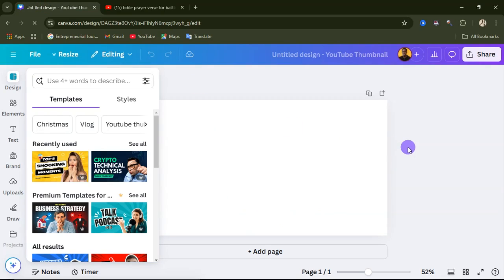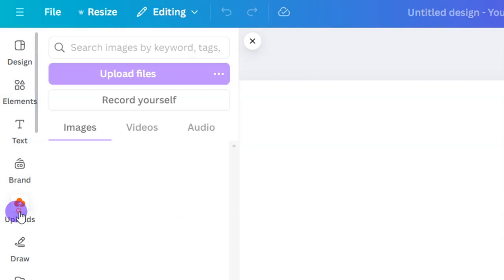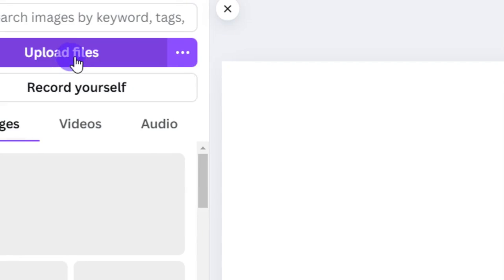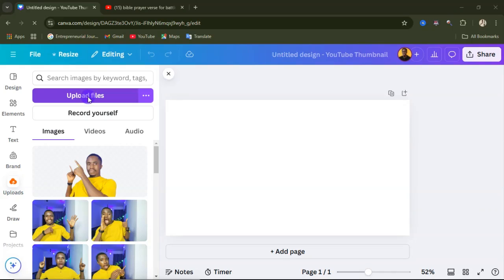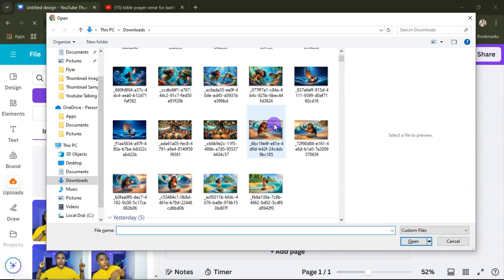After getting that kind of image, you will come to Canva here. From here, you click on upload to upload your image. From here, you click on upload files. Now it's going to take you to your device where you can select the image that you want to use